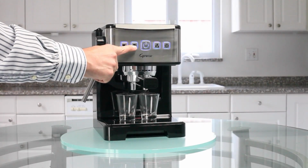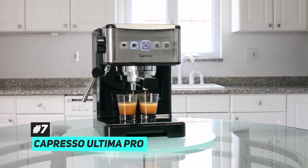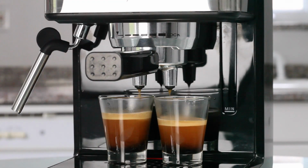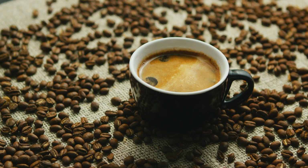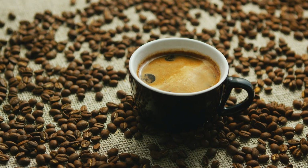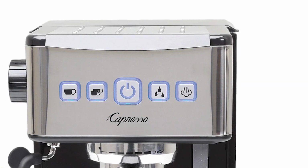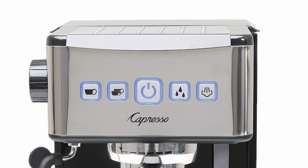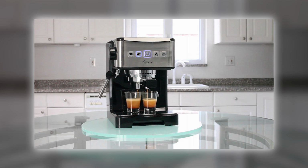The best value espresso machine out there was the Capresso Ultima Pro. And when it comes to a more traditional espresso machine, this one is a really great value because it's very easy to use. It makes a really smooth cup of espresso with a really perfect crema that I would compare to some of the more expensive automatic machines that we tested as well. It's got buttons for double espresso, hot water, and steam, which you can use to froth the milk with the steam wand that's attached to it, and can also be programmed to brew an espresso that's larger or smaller than the standard 1.5 ounces,